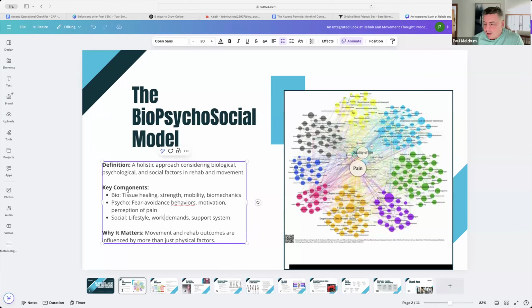Now, fear avoidance behaviors are also something that we need to deal with for a long-term resolution of all problems, because let's say someone hurts their back deadlifting, what's the likelihood they want to go deadlifting again? It's extremely low, because they'll associate the deadlift with pain, and deadlifting as an event causes pain. So we need to get people away from fear avoidance behaviors to grow, to improve their movement vocabulary. So this model is very, very complex.